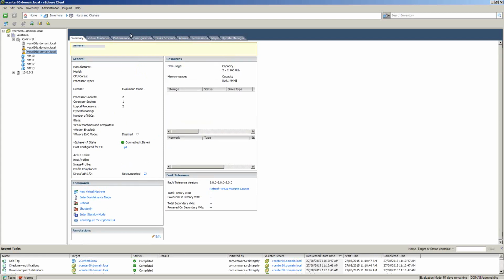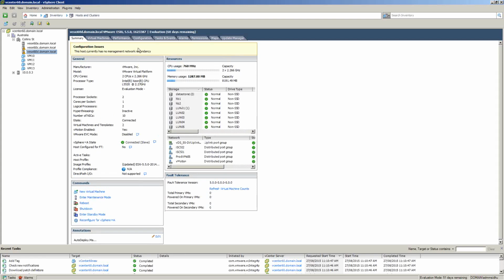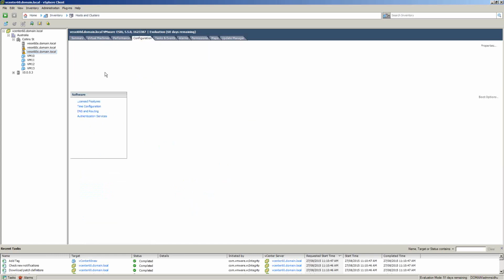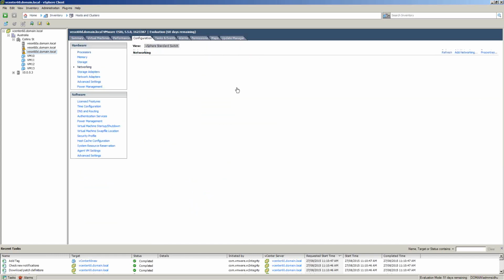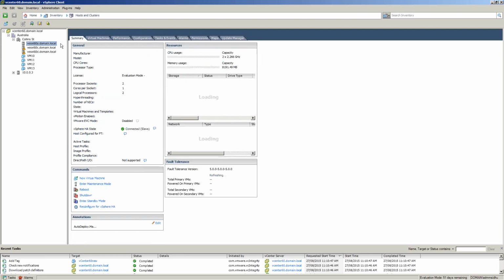You may see that it's showing me this warning. I don't know why this is, because all these hosts have redundancy here, as I can quickly demonstrate. So it's got 2 NICs, 2 uplinks. But when you do the upgrade, it goes away. As you see, this host does not throw any more warnings.